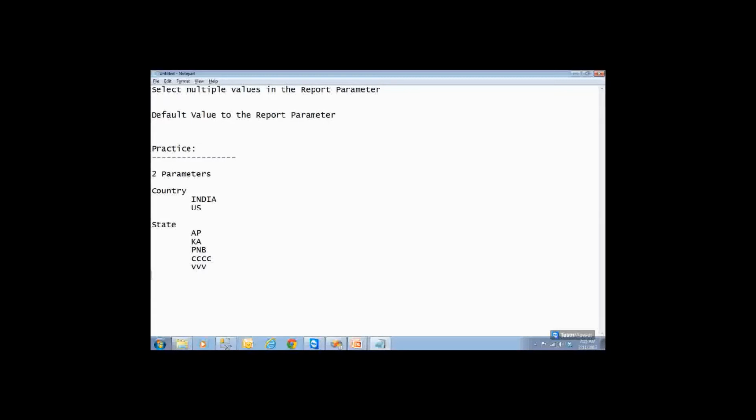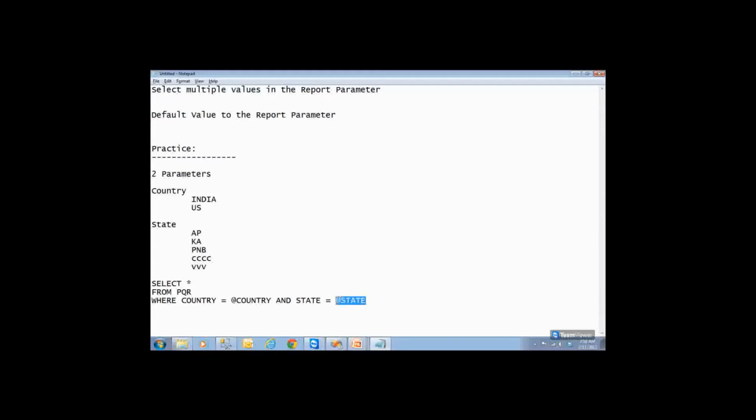Is this clear? So how do you have to create a data set. The data set needs to have two conditions. So you need to create a table called some table, and the data set would be like this: select star. Okay. You may have some XYZ table or a PQR table. You may create a table where country equals at the rate country, and the state equals at the rate state.